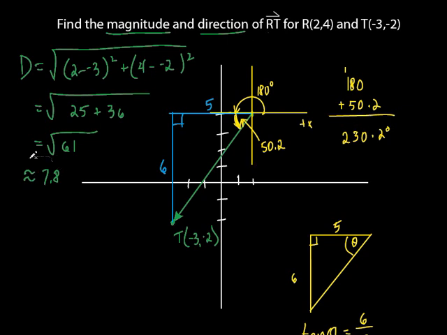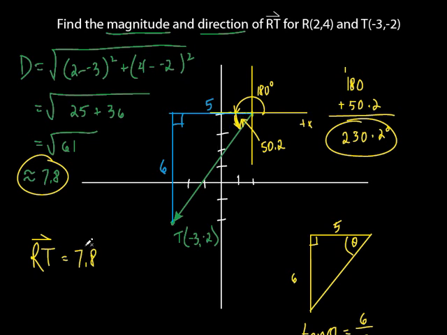So you actually have two answers here. That is part of your answer, and this is part of your answer. So what we're going to do is put it all together. In the book I used to teach out of, it did it one way, but again, different authors write these different ways, and you can just write it like this. Watch, this is how I'm going to write my final answer. I'm going to write vector RT is, they just put units, because we don't know if it's feet, inches, or miles per hour, or what it is. So we'll just say it's 7.8 units, and then